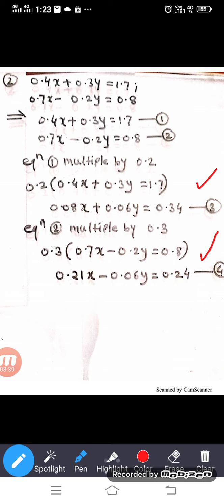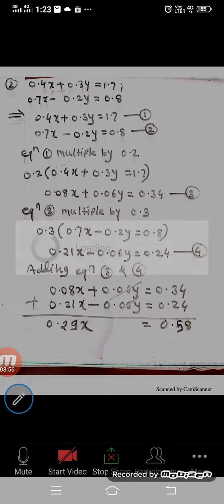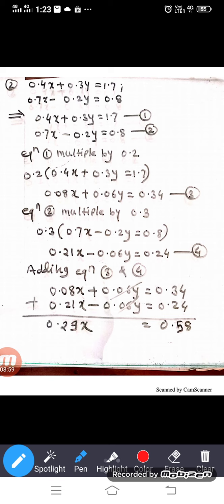Observe the coefficient of y in equation 3 and 4. Coefficient of y in equation 3 is 0.06 and in equation 4 the coefficient of y is 0.06. Coefficient is the same, having opposite sign. Then adding equation 3 and 4, we get 0.08x plus 0.06y is equal to 0.34, plus 0.21x minus 0.06y is equal to 0.24. Then plus 0.06y and minus 0.06y get 0, and the sum of 0.08x